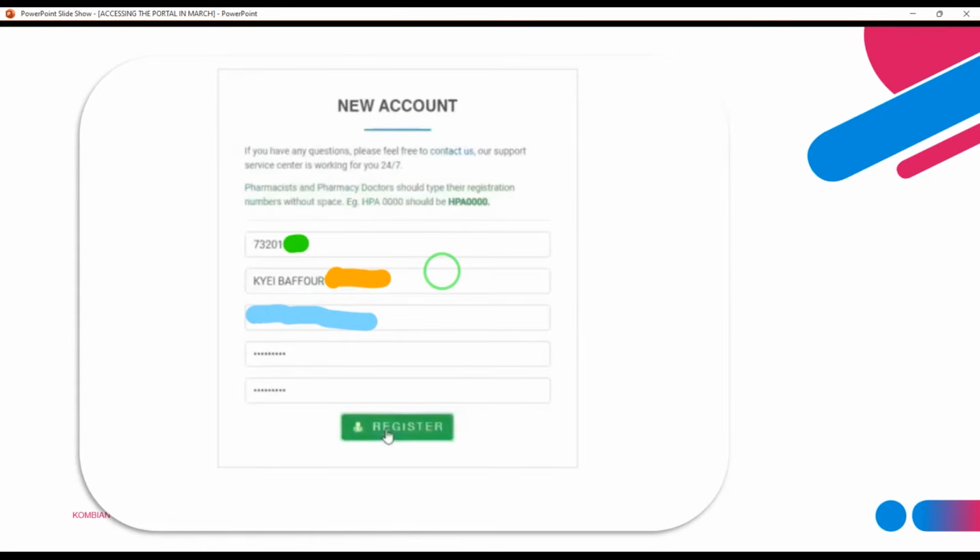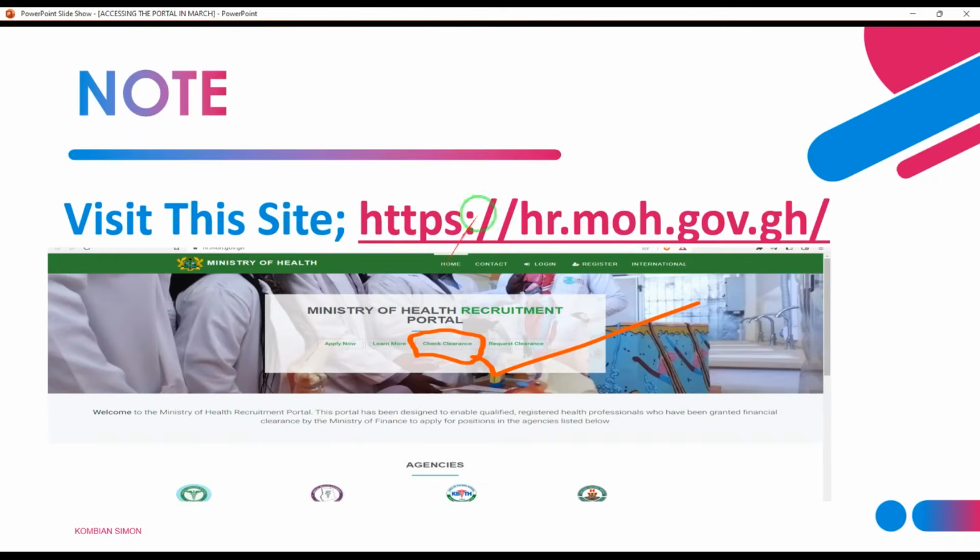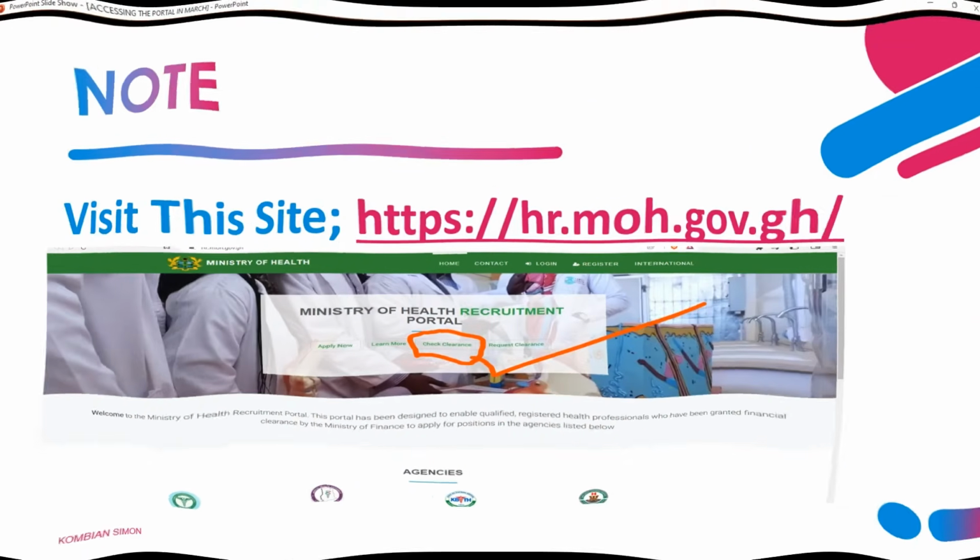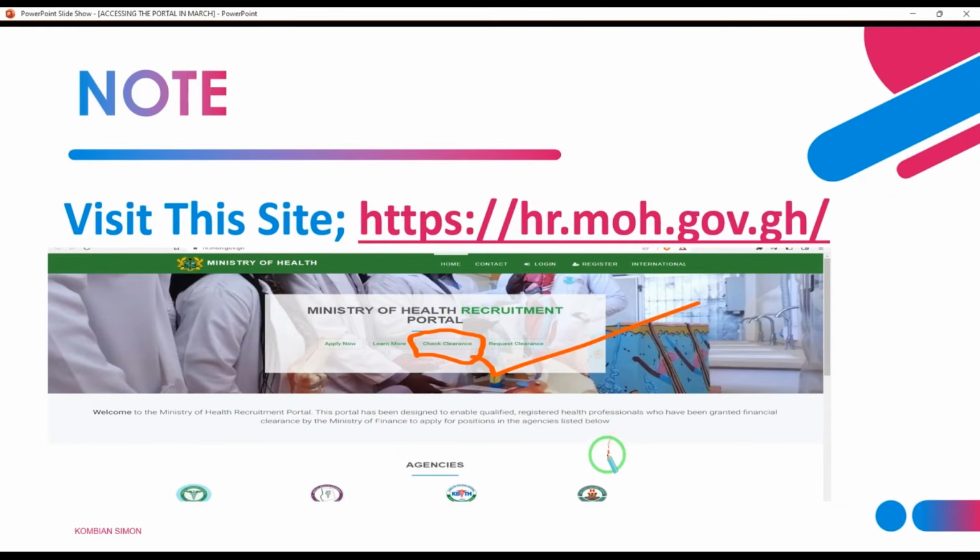So after checking for your clearance, what you need to do is to register. To register, when you check for your clearance, you come back to this window. When you come back to this window, you click on register. When you click on this register, it takes you to this